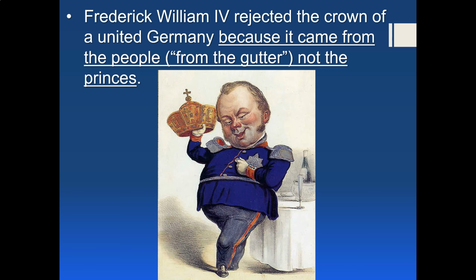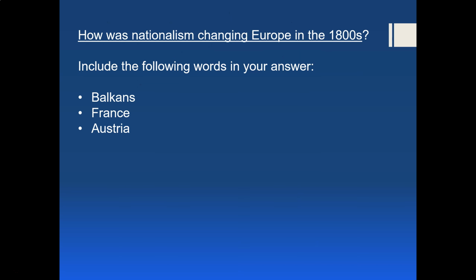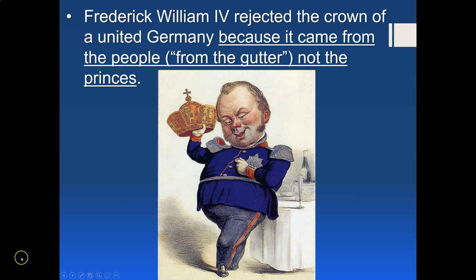So we saw revolutions fail across Europe, and it would be easy to write all these revolutions off and say, well, they all failed, so who cares? But even though they fail in the short term, in the long term, what happens is that these revolutions keep nationalism alive, and they're going to push towards greater unification in places like Italy and Germany. So, again, those revolutions of 1848, they're going to have ripple effects all throughout the 1800s and even into the 1900s as well. All right, so that was it for revolutions. In our next video, we're going to talk about how the Italian states unified into one nation state called Italy.